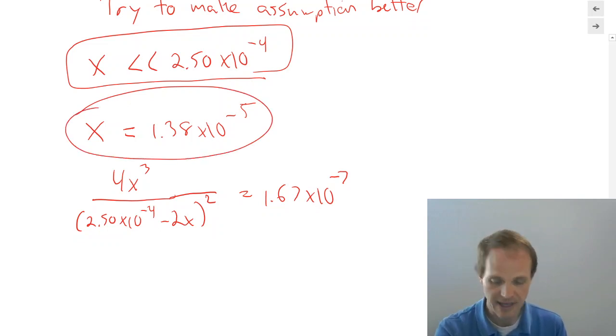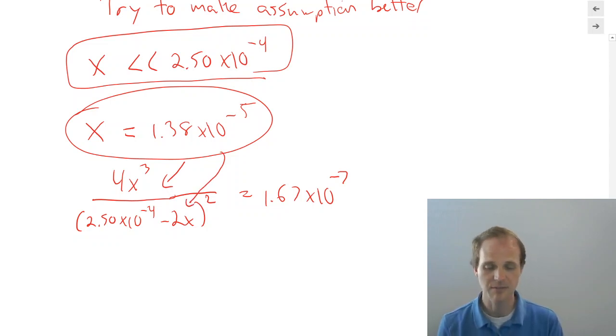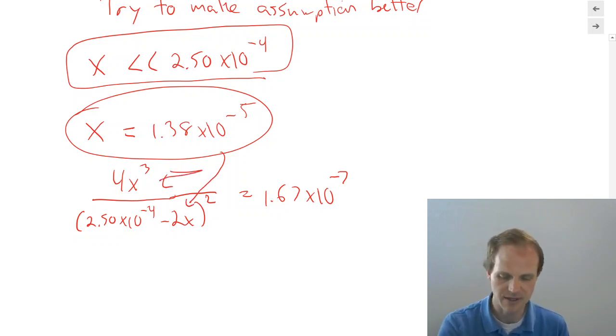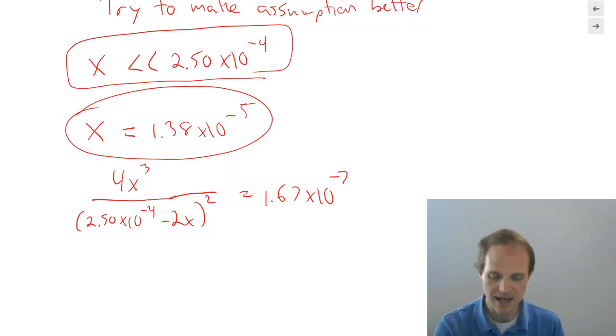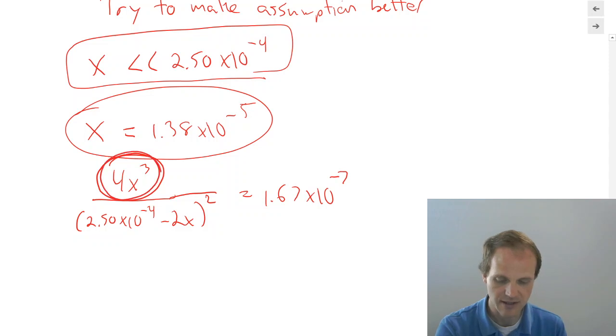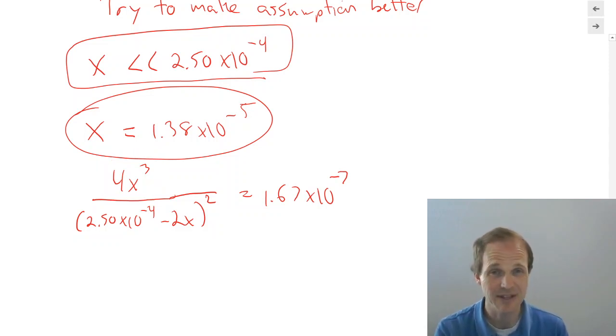Now, if you just plug x in for that value here, and you plug it in down here, you're just going to get a number on one side and then comparing that to a number on the other. And you're going to find that it's not entirely true that x is that size that you think it is, and so it doesn't work. So it turns out the only place we make that assumption is not in this 4x cubed. We're not going to assume the 4x cubed. We're going to make the assumption in the exact same place we made it last time.